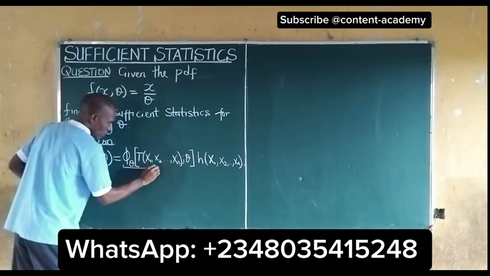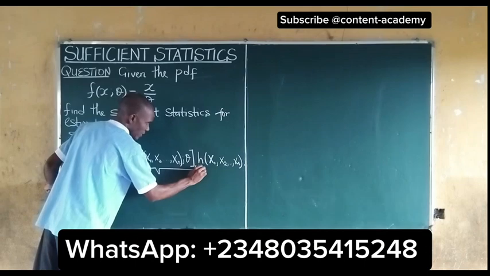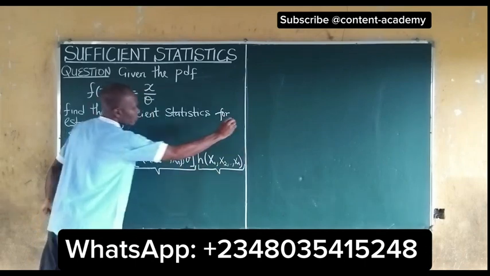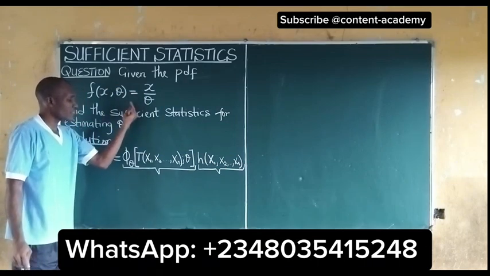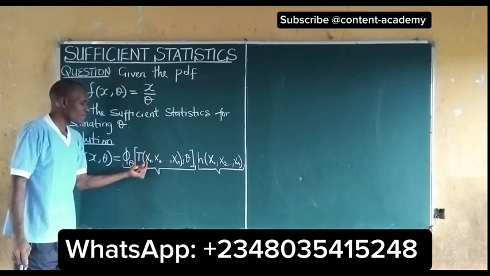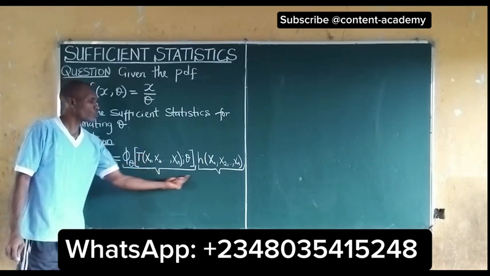So this is one of the components and this is another component. So the factorization theorem says a statistic is said to be sufficient if it can be factored out into two